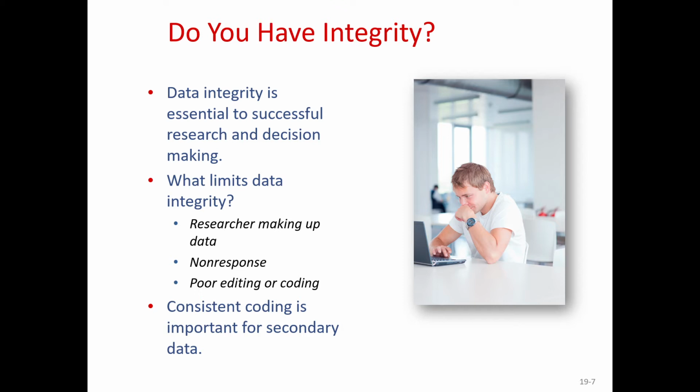It's so important, consistent coding for companies that share or sell secondary data. Occupations need a common coding, just as do product classes, industries, and numerous other potential data values. But industries have standard codes, like the North American Industrial Classification System or the Standardized Industrial Classification. These are professional coders that have adopted Postal Service guidelines for coding things like states and addresses as well. So it's very important, like I said, for secondary data.